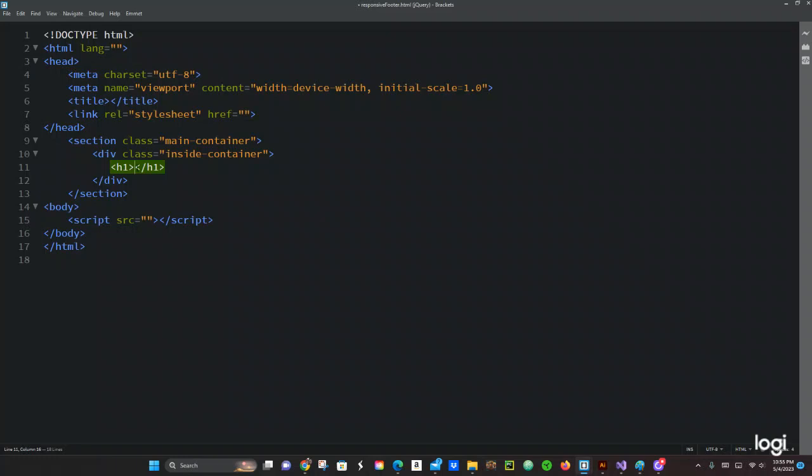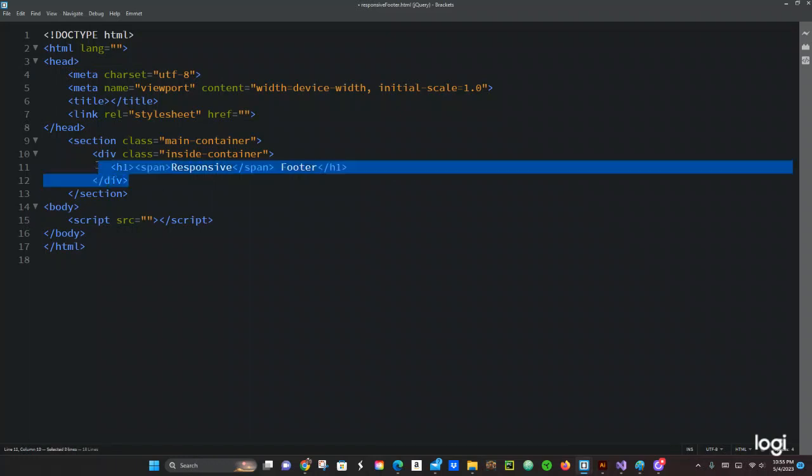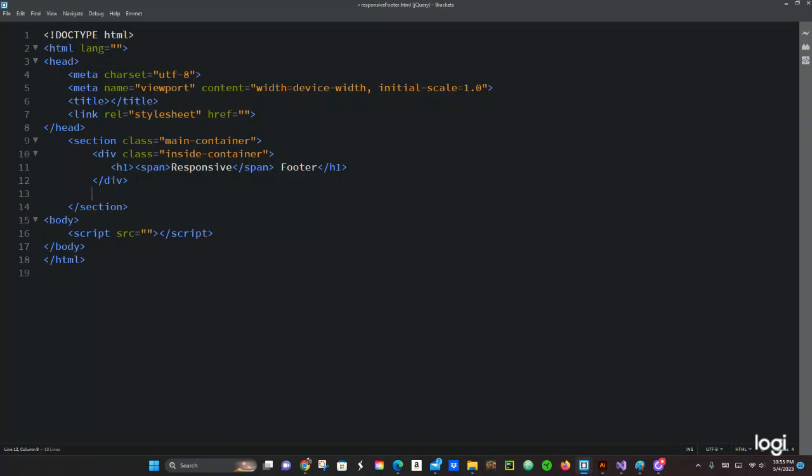So now right here we're going to do a span, and then inside here we're going to say responsive, and then we're going to have footer. All right, so we got our first div. This is our main container, which is going to be the father. It's going to have two kids. This is the first kid, inside container, and the other one is going to be